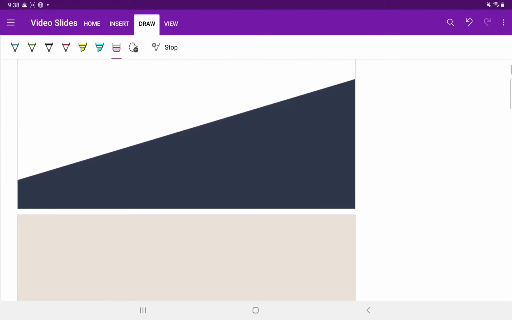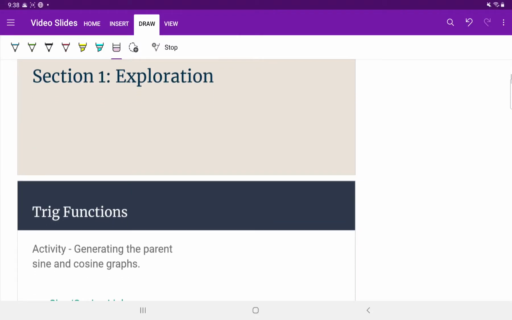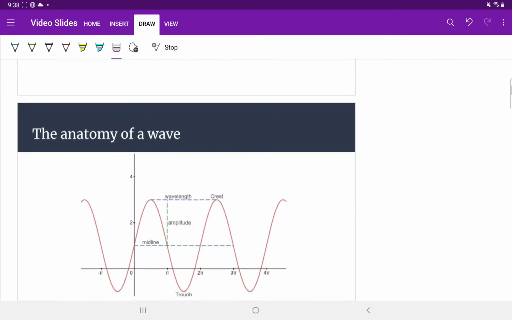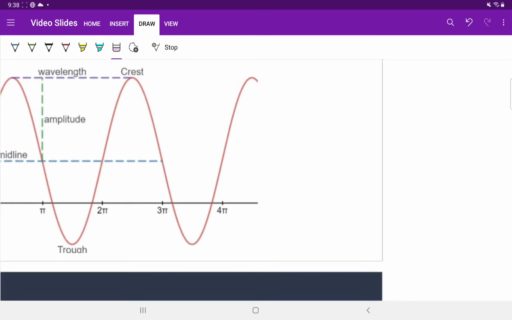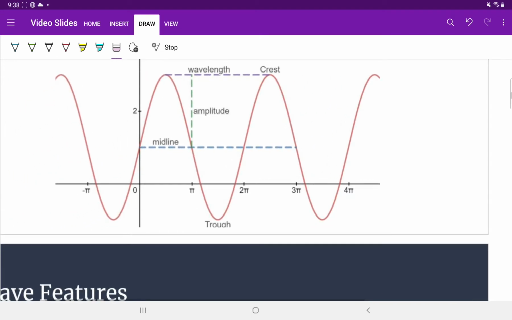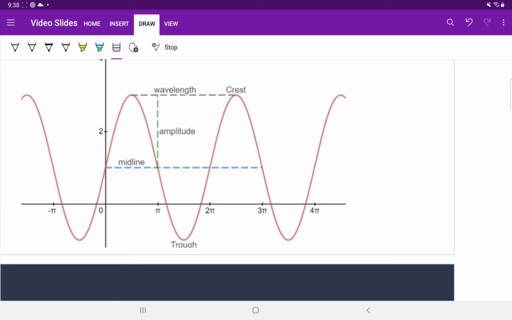We're going to be looking at graphing trig functions, specifically sine and cosine graphs. So in class, we would have gone through some exploration, and really the only thing I want to touch on is identifying some of the features here. So again, this is your general sinusoidal graph right here, and of course you've got your midline, which is going